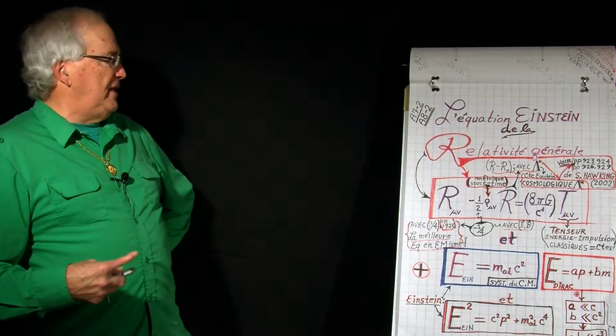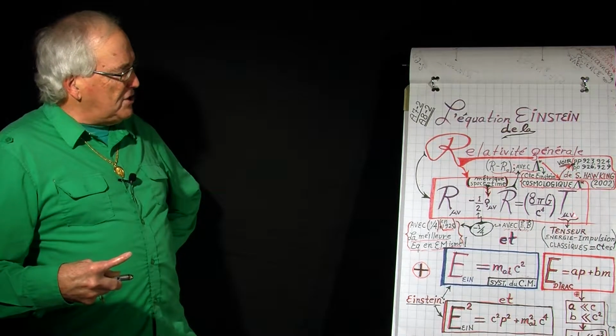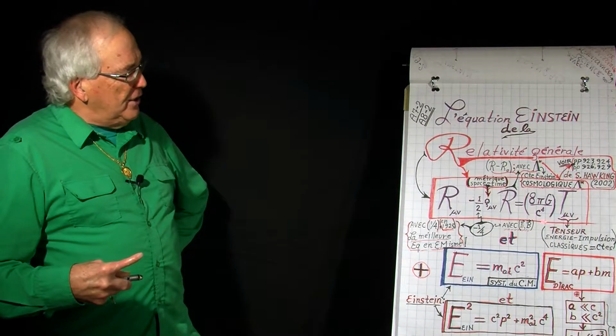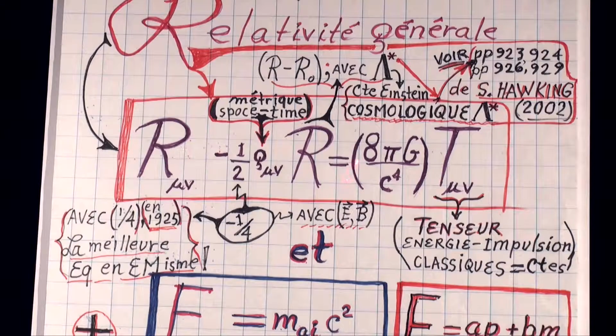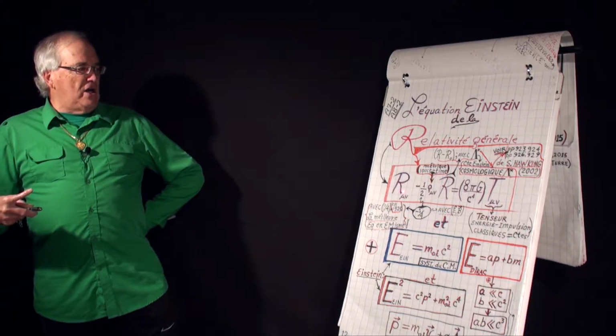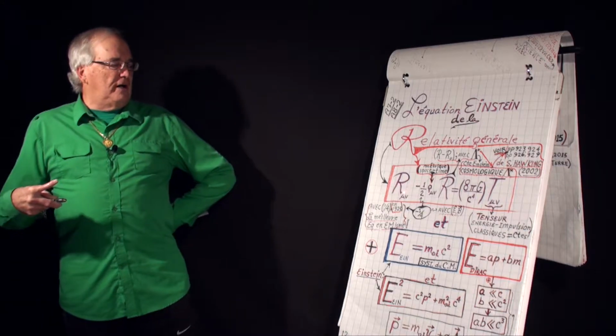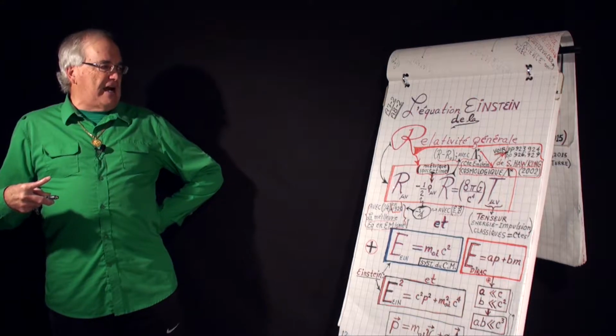Without going into all the details, we could say that this equation shows a relation between the energy and the mass in the universe that determines the curvature of the universe. Because when you have very large mass, then the space is curved or deformed, and this is the genius of Einstein, who has